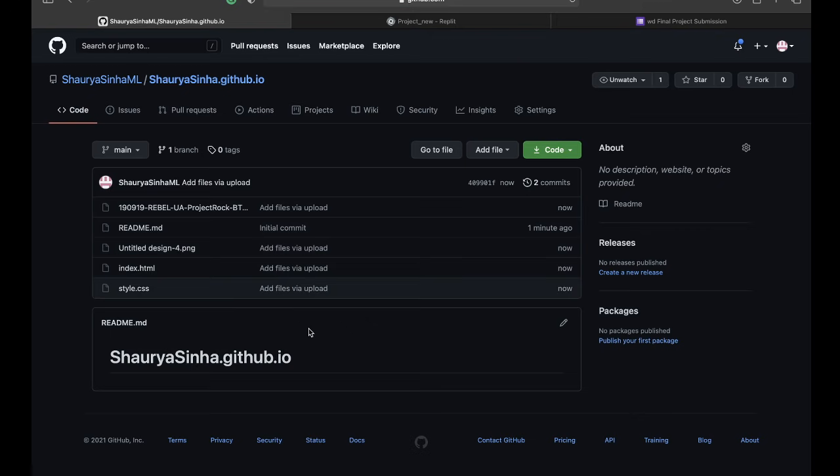The second thing that we want to do is change the readme.md. Okay, to do that we want to click on this particular button. So as you are able to see, on the readme.md on the right hand side of it, you're able to see a pencil. That is just a symbol for edit.